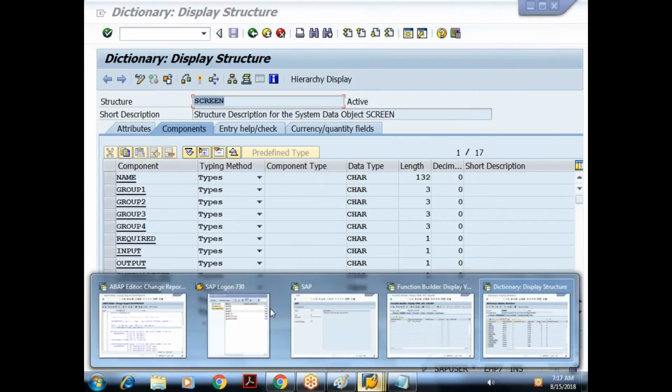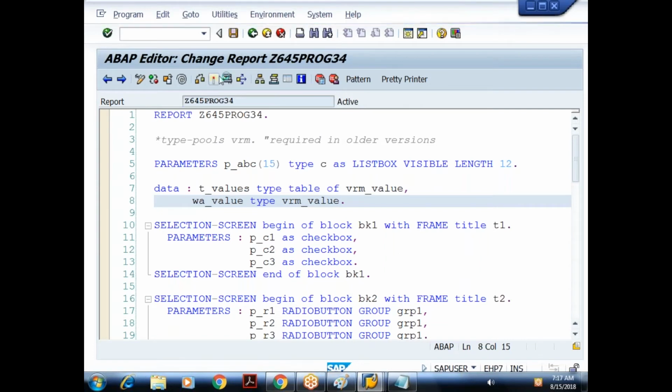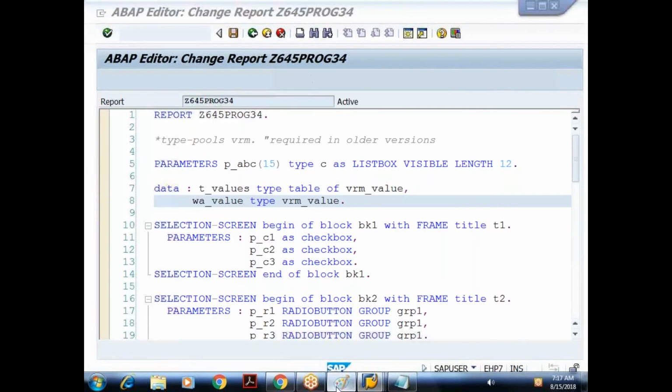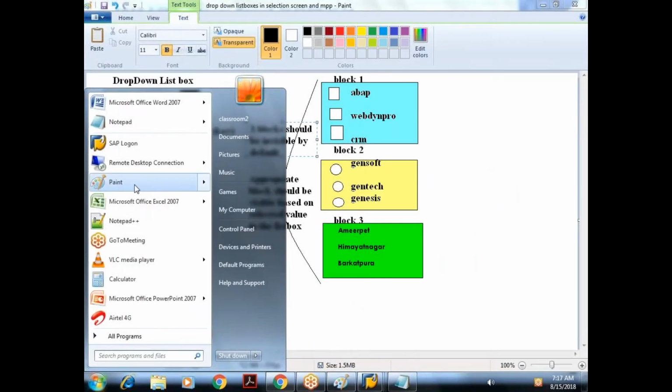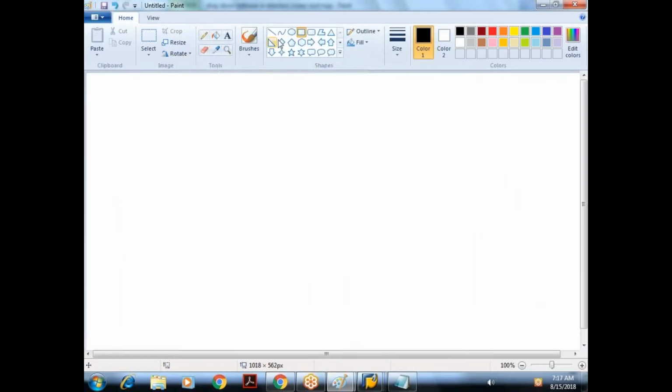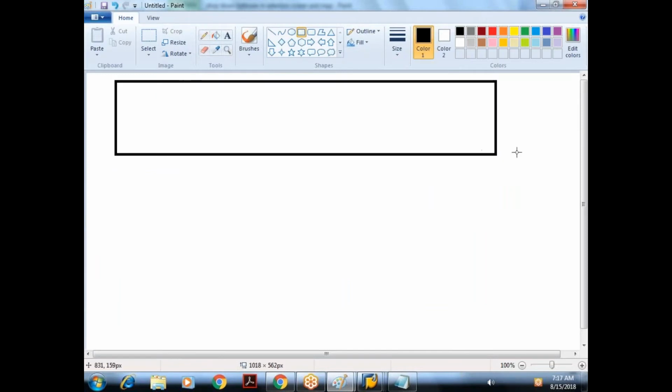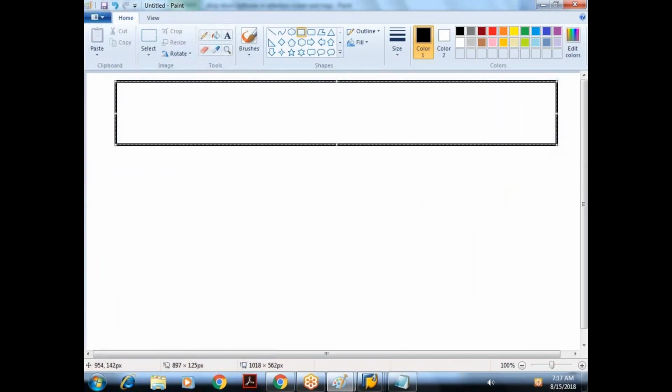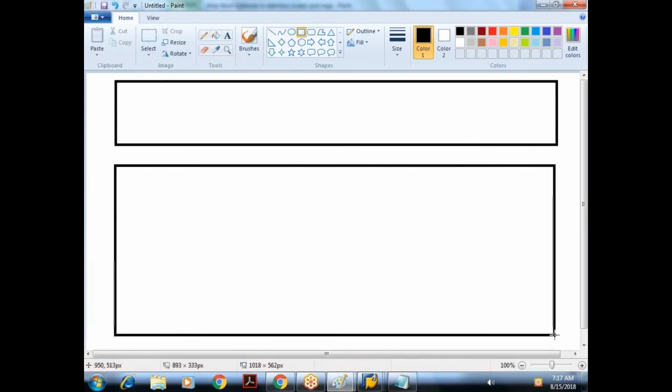That internal table is created based on the screen structure. So when I execute this program, during the program execution, one internally created internal table will be available, called the screen internal table. What will that screen internal table contain? Observe here. It contains both a default header and a body. Assume this is the header of the internal table, and this is the body of the internal table. You'll have many fields here.